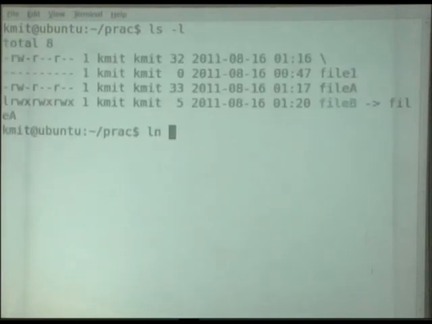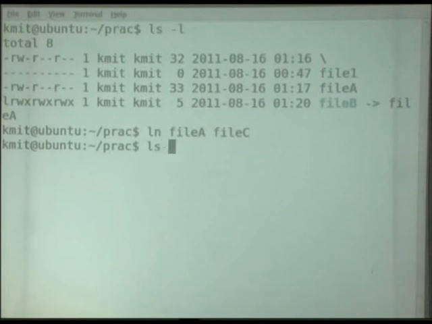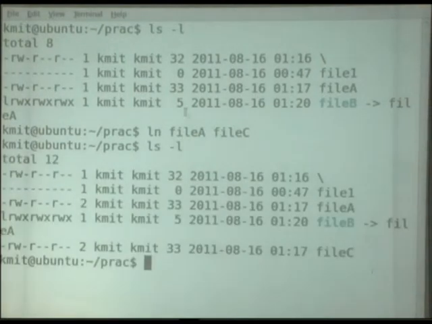So ln file A, to file A I want to create file C, one more link. Okay, ls option -l. Now we have file C. There are 2 links, but here we have only 1.